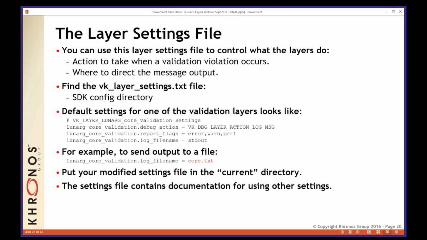And you can also see here on the slide what the default settings for one of the layers look like. So here we're looking at core validation. I think all the layers have the same default settings. So basically they are going to log a message as far as the action is concerned. The severity is represented with error, warning, and perf, and the default output is standard out. And if you wanted to, for example, send the output to a file, you just replace the file name with